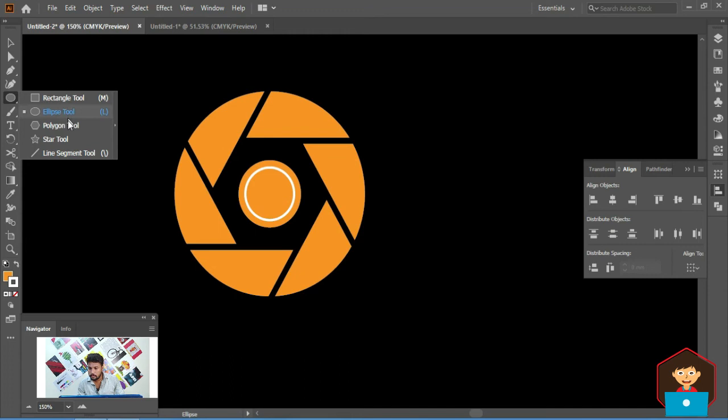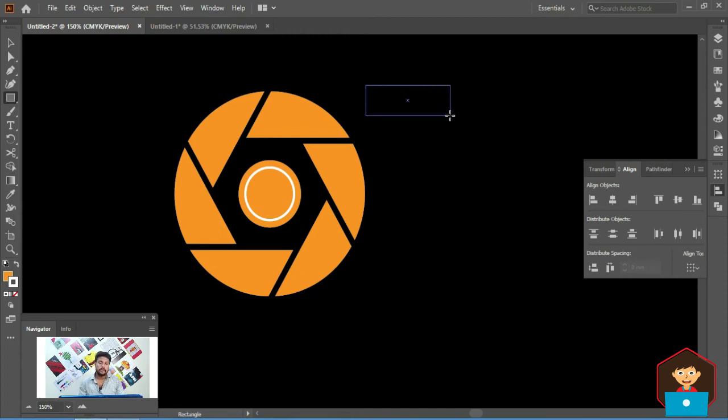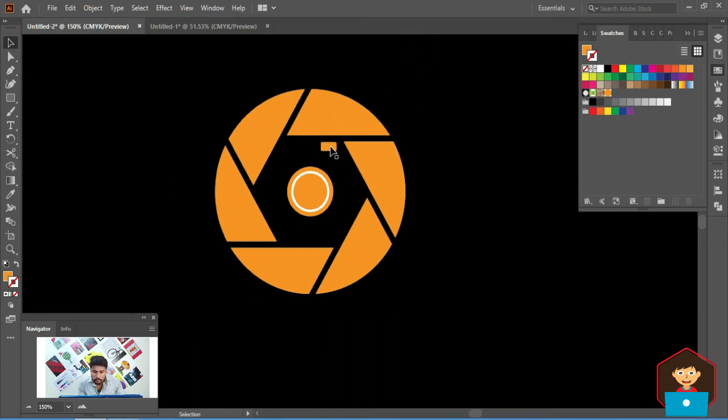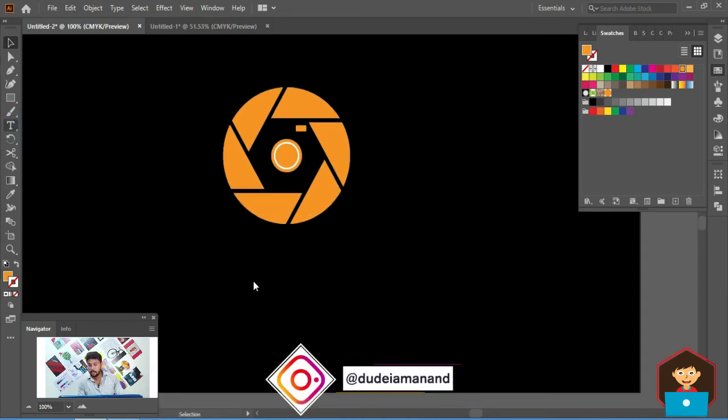Then going to the Rectangle tool, create one more rectangle, select the Direct Selection tool and make the corners rounded, then go to color and switch off the stroke color. After that you can create your text and convey your brand.